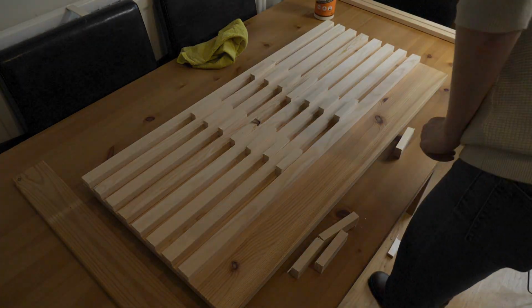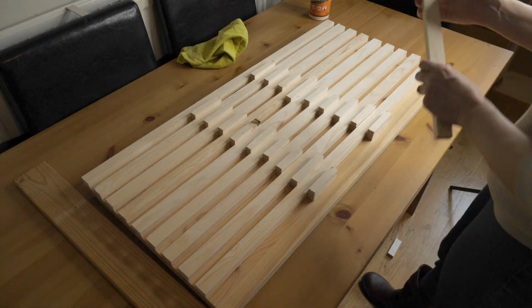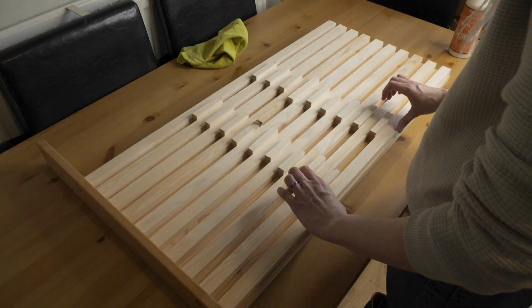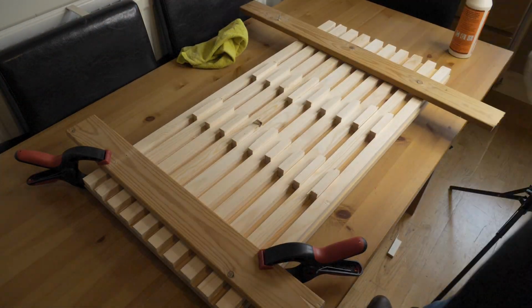One thing I did do is when I was placing these pieces down, I made sure that they were all as level as possible along the top, because this is the part that was going to be seen the most. So I used just a separate piece of wood just to get those all lined up. So once I had all these pieces glued down and clamped into place to dry, I moved on to the